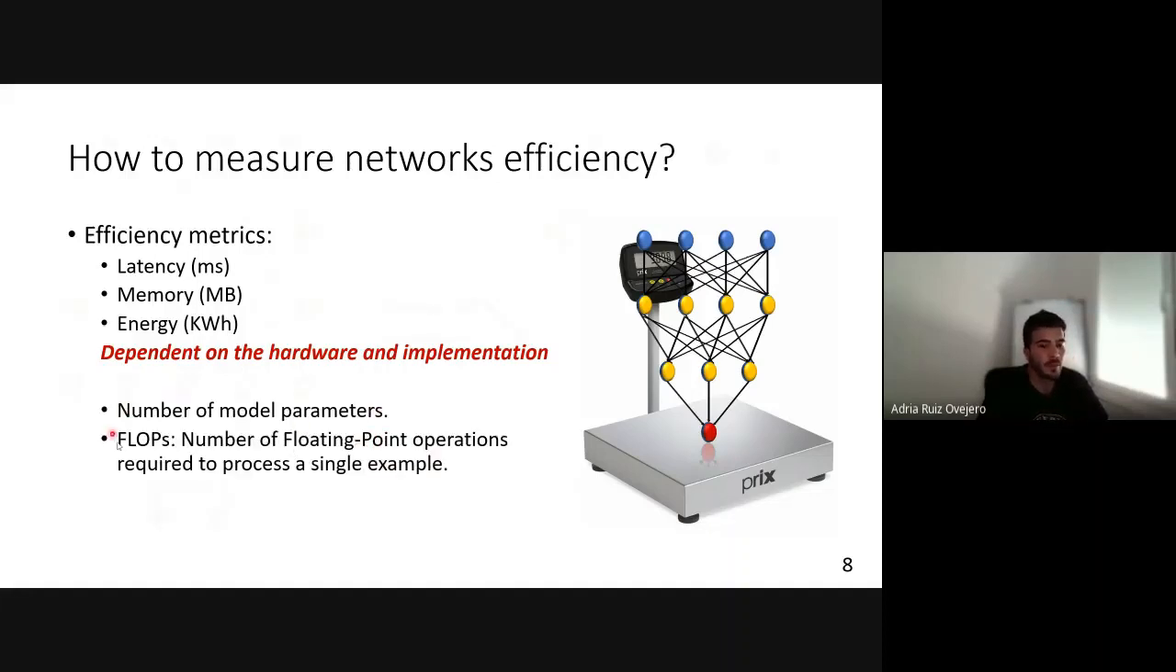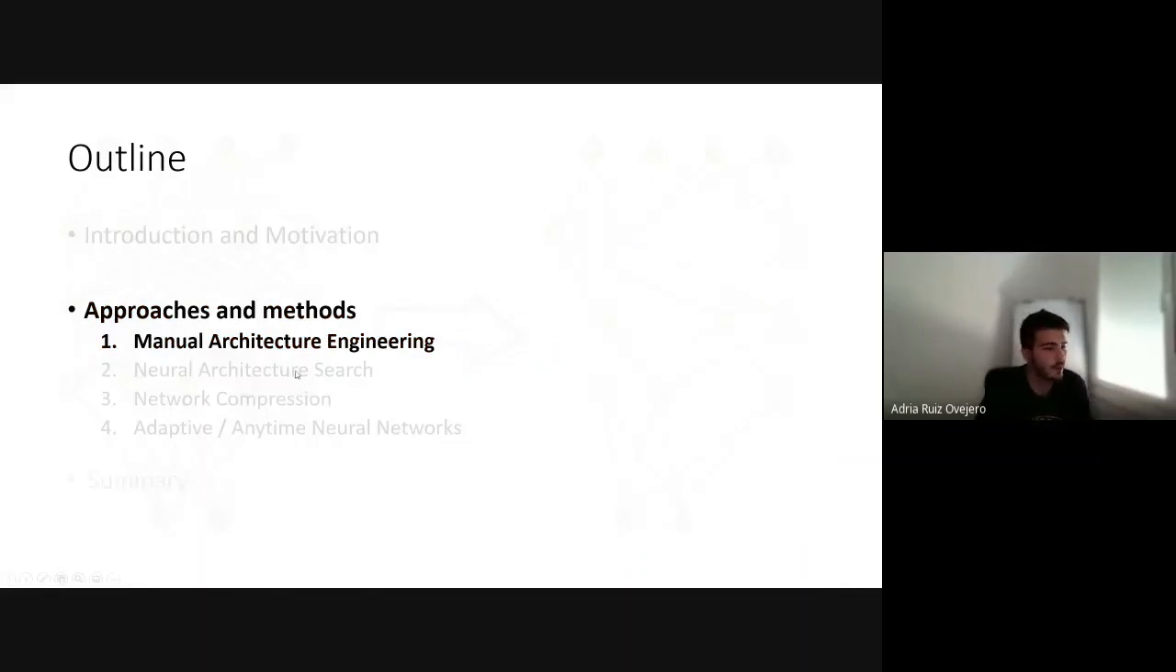So what people usually do is to compare efficiency in terms of 2 metrics. One is the number of model parameters, which is quite related to the memory, right? Because to store the parameters of the model, you need some memory. And the other metric is the FLOPs, the number of floating point operations that you will run in the device where you have deployed your neural network, required to process a single example. These FLOPs are also quite correlated with the latency, not always, but in most cases. So usually in research papers, we use these 2 metrics to be independent from the hardware and the implementation. So now I'm going to start with the first framework that we have available